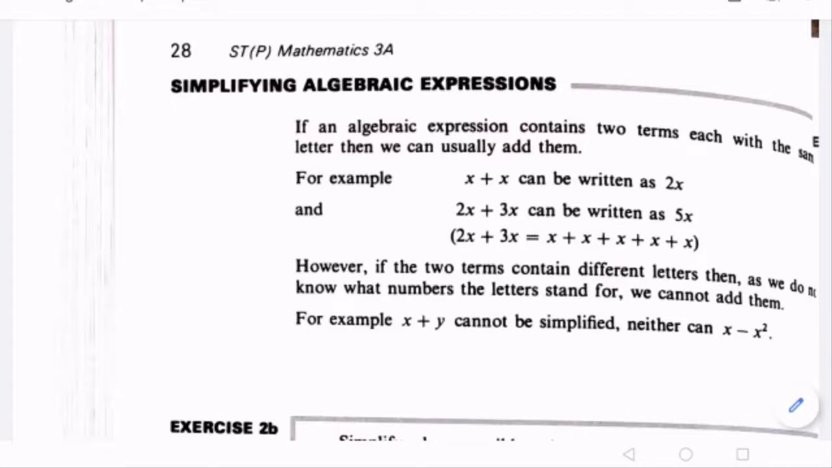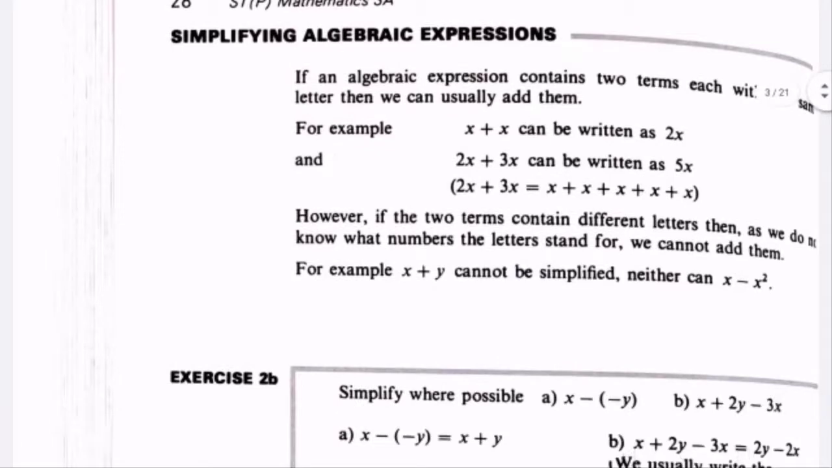Dear grade 7 students, this is week 4 lesson 2 and we will have 2 lessons only in this week 4 due to the Saudi National Day, so that will be your last lesson of this week. Simplifying algebraic expression, page number 28, and we will go to solve exercise 2b and 2c according to the weekly